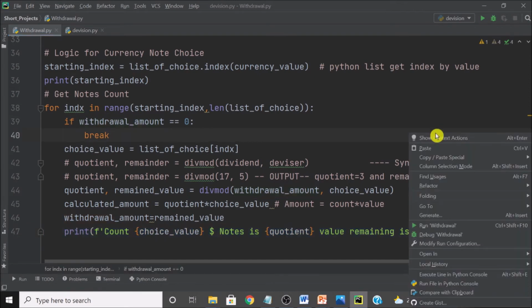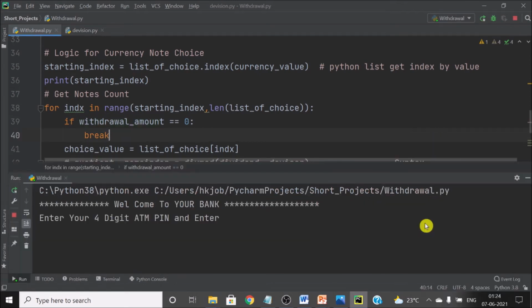So let me try running this code. I will be uploading the file and sharing the link so that you can download and use this code. But it is very important to understand before you download and use.